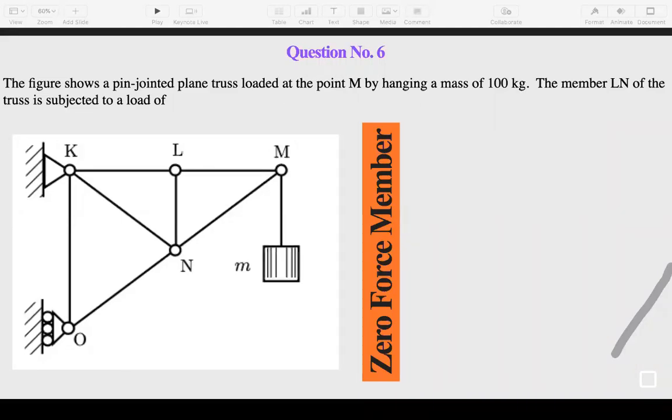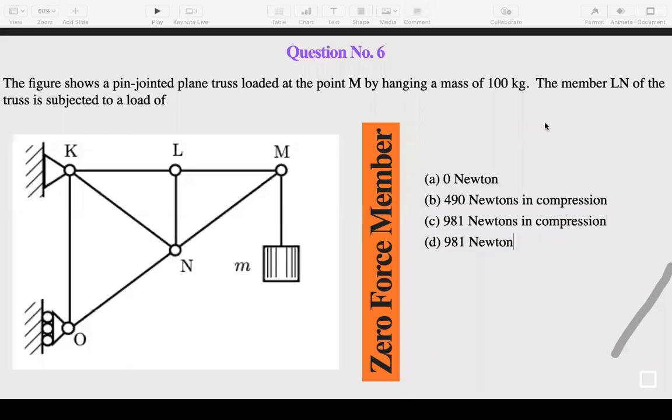Remember this. So you can write it down somewhere. जर दोन मेंबर एकमेकाला कोलिनियर असतील आणि तिसरा मेंबर हा त्या इतर मेंबरला जर परपेंडिक्युलर असेल तर त्यावेळेस तिसऱ्या मेंबरमधला फोर्स हा 0 असतो. So it might be used for a show purpose or for aesthetic purpose, but it's not having any meaning. Okay, so you might have applied here 100 kilogram load, but the answer is 0. A is the correct answer. 0 Newton is the correct answer in this case.